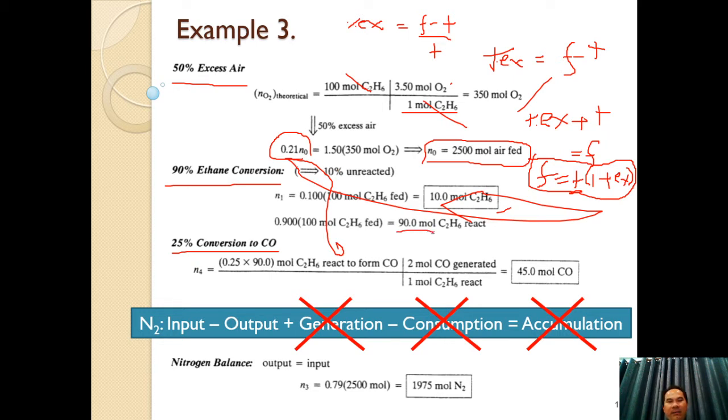Okay. The third piece of information is 25% converts to CO. For this case, 90% ethane conversion is equal to 90 mole ethane reacted or converted. From 90, 20% of 90 is converted to CO. And then you can calculate N4. N4 is mole of CO